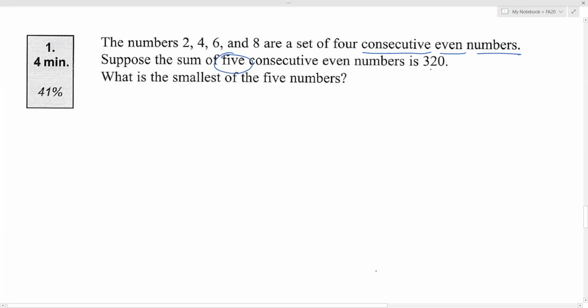The sum of five consecutive even numbers is 320. What is the smallest of the 5 numbers? There is one way one of my Monday class students did it. Let me tell you about this method. I thought it's brilliant. This student said, let me just draw a circle here, and I pretend